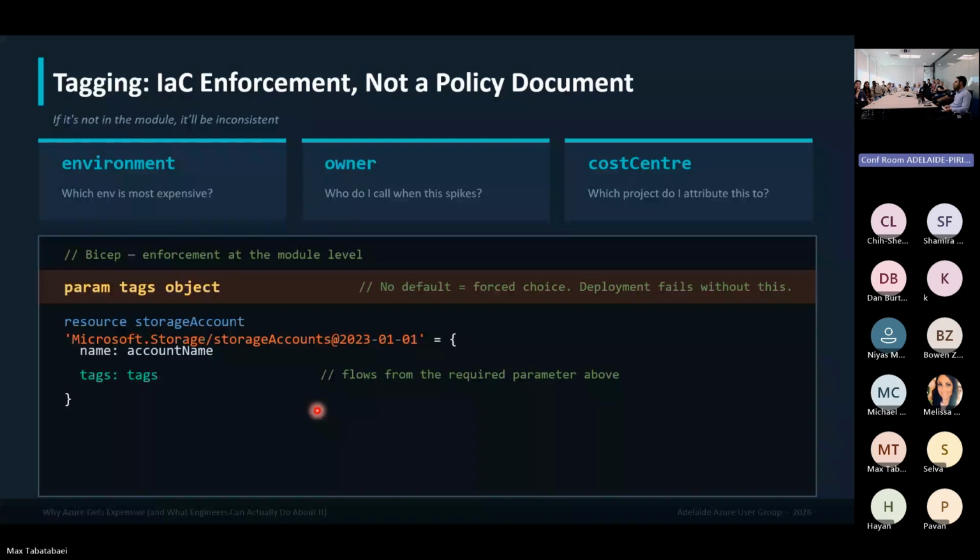The next one is tagging. And I'm going to say something controversial. I think tagging is not a governance issue. I think tagging is an engineering issue. And the only way to fix it is in your IaC. The reason I'm saying it is in your IaC is because if you enforce it there, deployment gets failed. The pattern that I see with tagging, in every conversation I've had actually,